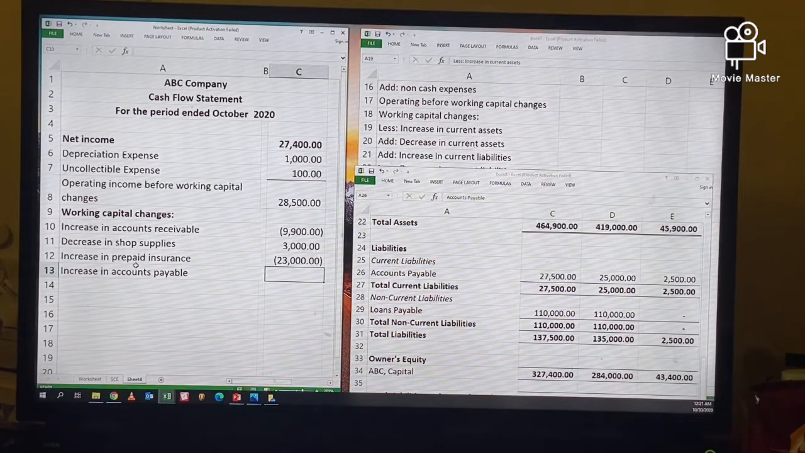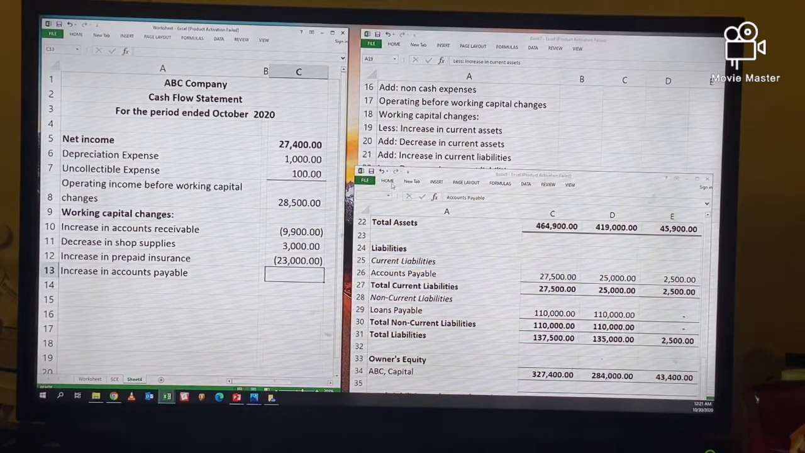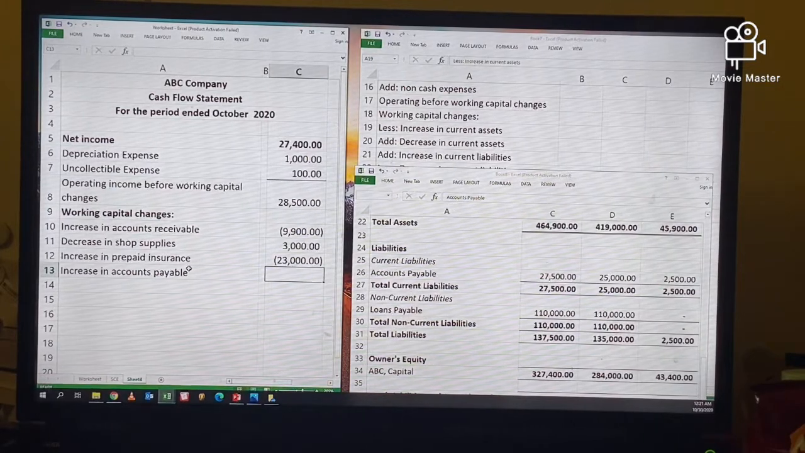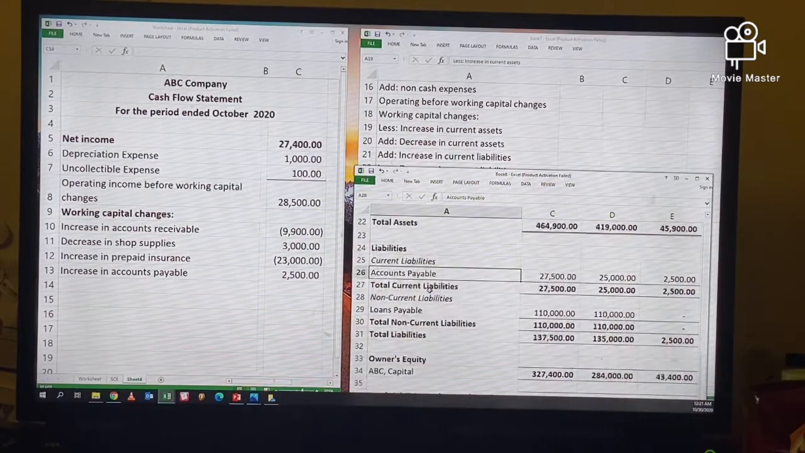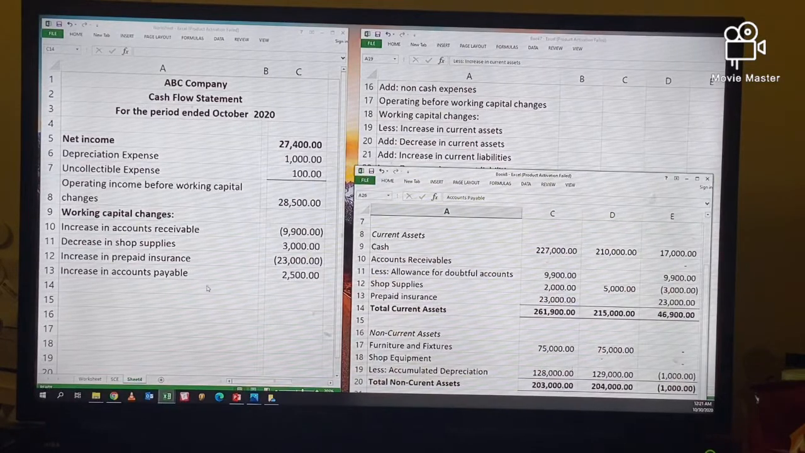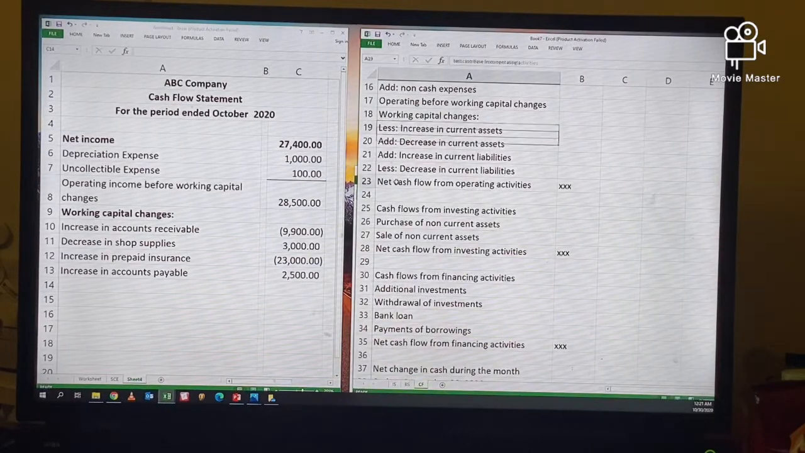Okay, sabi ko nga kanina, pag increases in current liabilities, i-add back siya. Kasi supposedly, binayaran mo siya, pero hindi. So, nag-increase yung cash mo. So, wala na tayong change in current assets and current liabilities. So, yan na yung tinatawag na